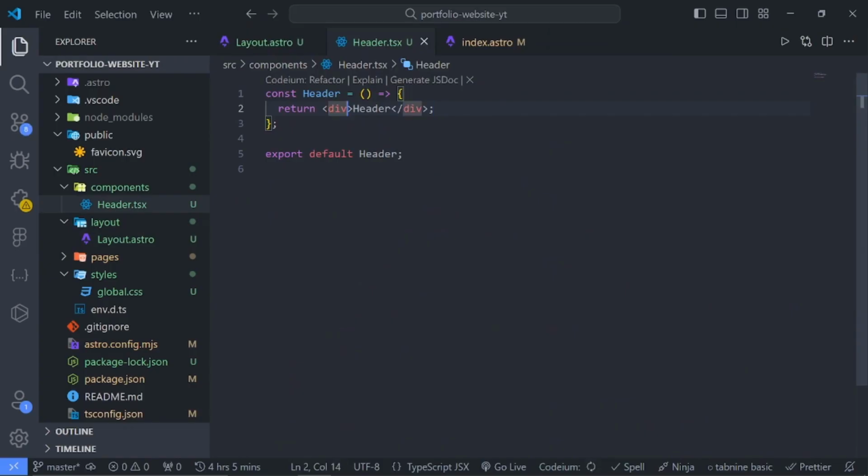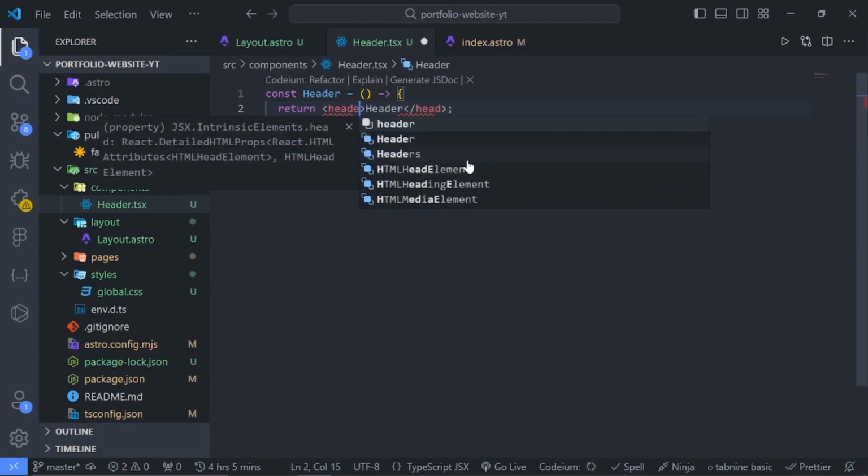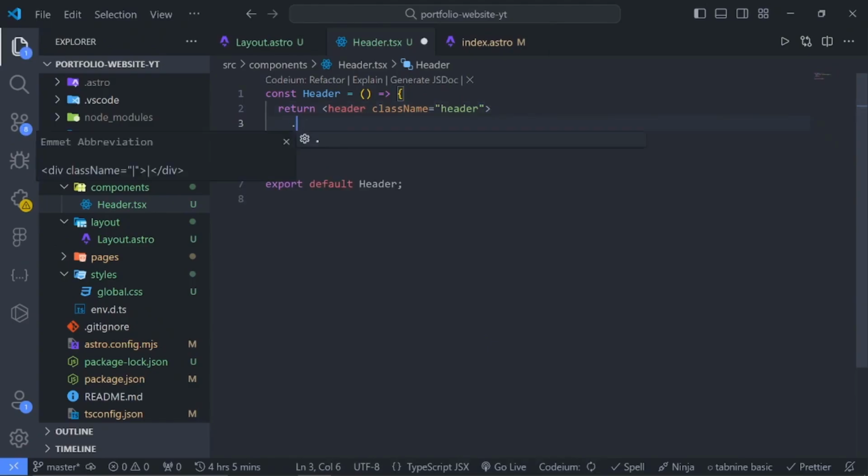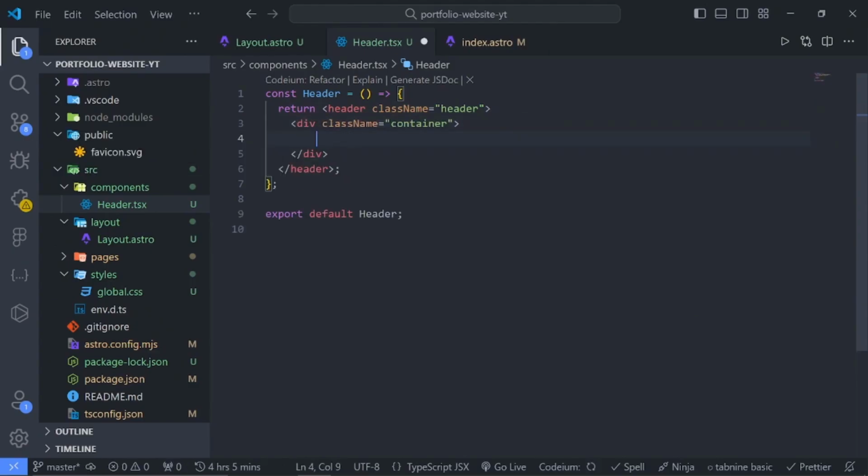So we change this from a div to a section, to header tag rather, not a section. Then we just give this a class name of header. Then inside it, we'll have another class called container, and we'll have the logo. Also have the nav bar. So let me just write all these out. I also have the menu